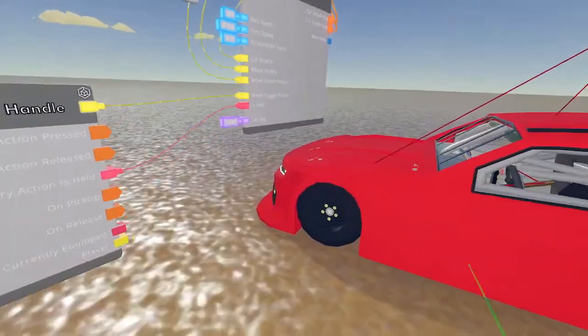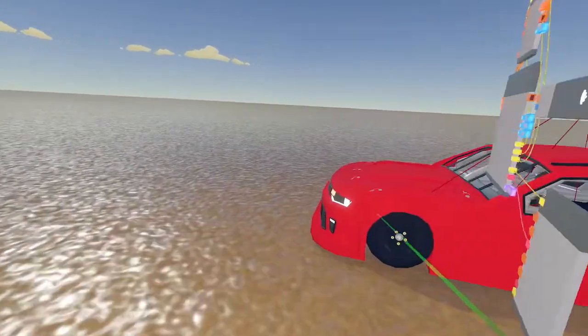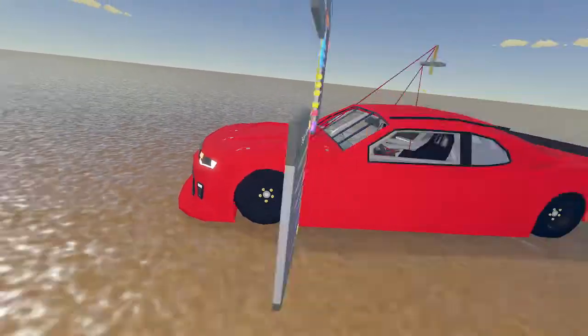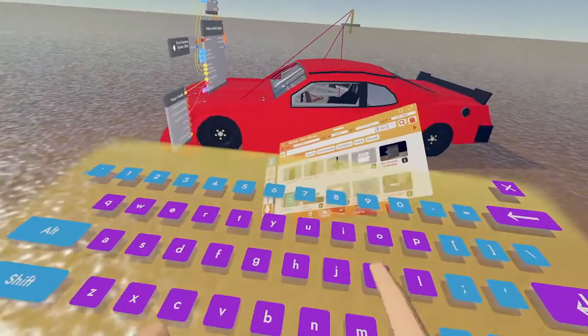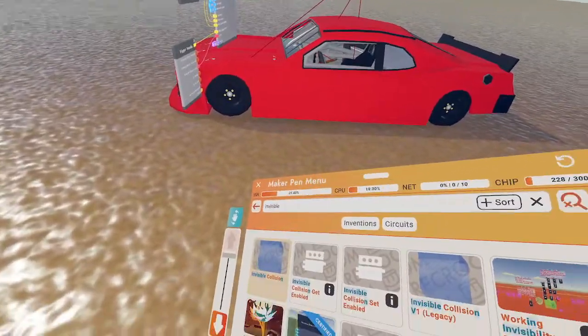Now what we need to do is the collisions, because if we make this cube physical, it's just going to fall straight into the ground. The tires aren't actually going to stay on the ground. So what you want to do is go over to palettes, search up invisible, and just grab the invisible collision